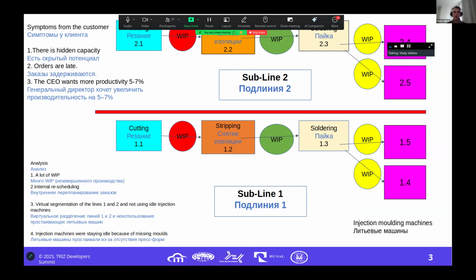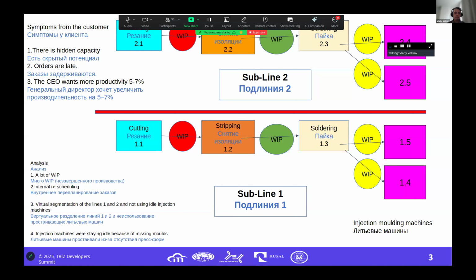The operator is coming, mostly working women in this operation, and she is watching what orders she has to do, and she's choosing which one to take. So she's not following the order from the master plan. She is taking the cable which she wants. And of course, she's taking the small ones. Nobody wants to work with the big cables because they are heavy. So this rescheduling is also a symptom for me.